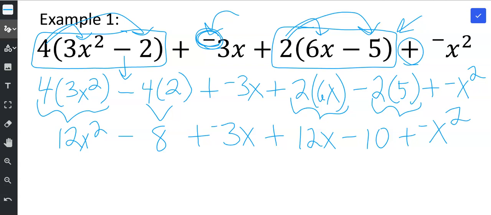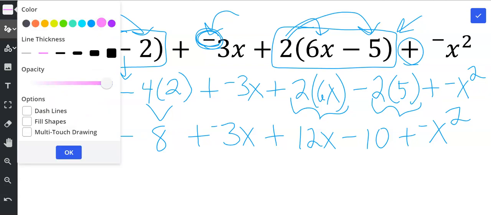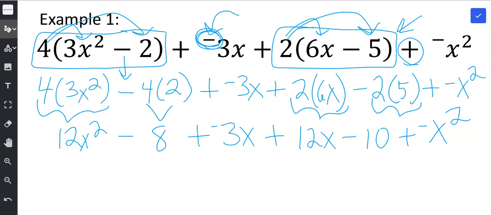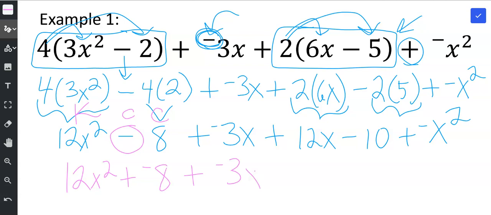The next step that I asked you to do, step 2, is to change any subtraction to addition. So I see subtraction right here, so I'm going to keep this number, the 12x squared. I'm going to change the subtraction to addition, and then I'm going to record the opposite of 8, which is negative 8. And then I copy the rest of this problem until I get to another part of this problem